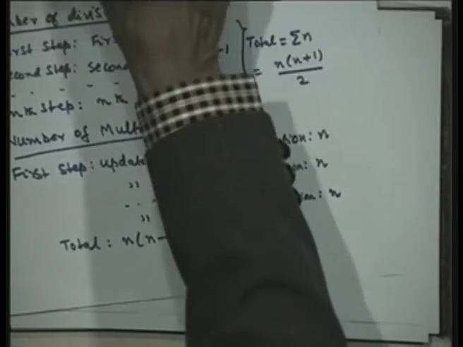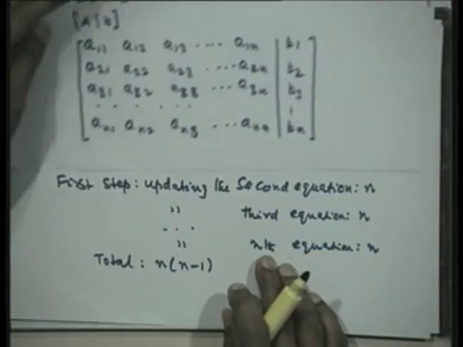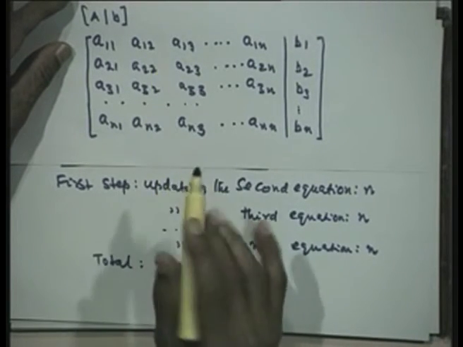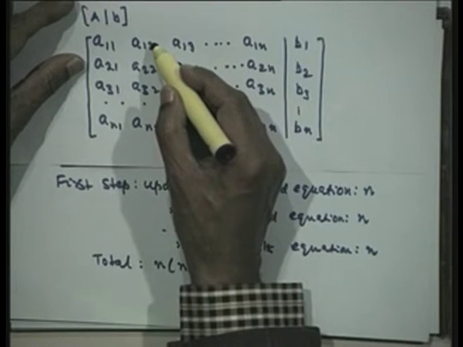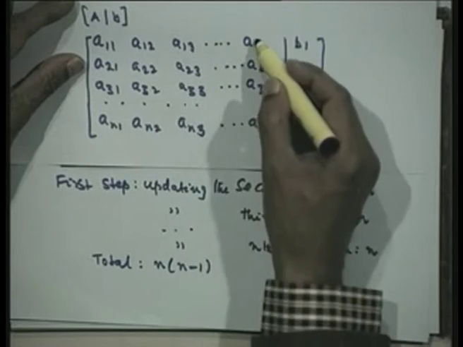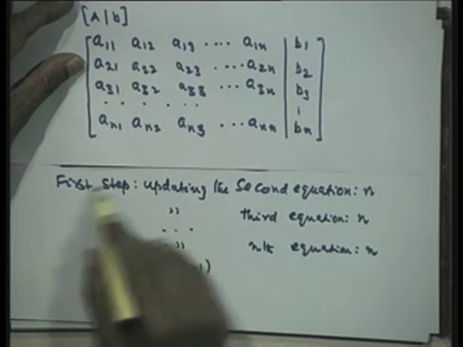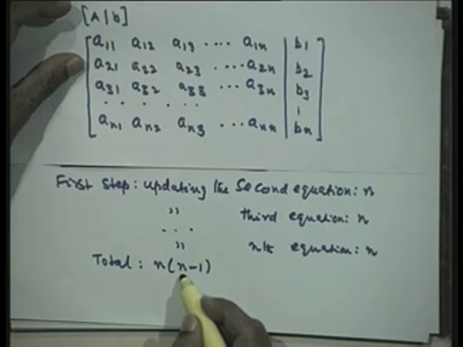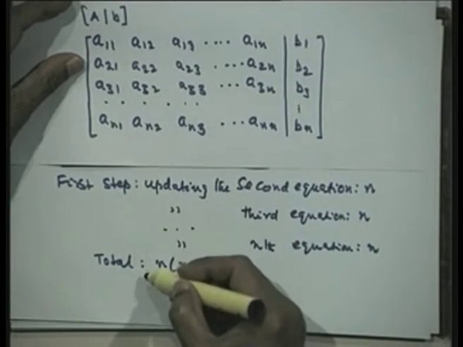Now, we can count very easily the total additions and subtractions. If you just look at this slide, let us leave the divisions and start with our multiplications. With every multiplication we are doing, there is an addition or subtraction involved. Let us go to the first step. I have multiplied, subtracted, multiplied, subtracted, multiplied, subtracted. Therefore, if you look at the first step, the number of additions and subtractions is identically the same as the number of multiplications that we have, because for each multiplication we have this. So, all these steps we require.